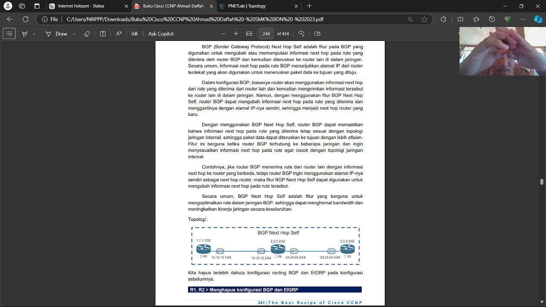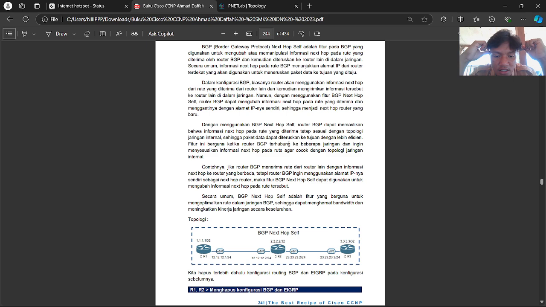For example, if the BGP router receives a route from other routers with their next hop information, but the BGP router wants to use its own IP address as the next hop, the next hop self feature can change the next hop information of that router.